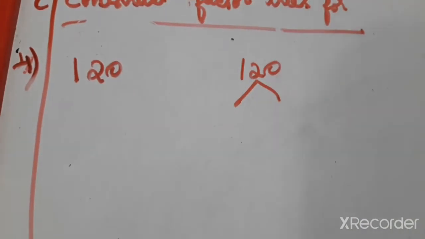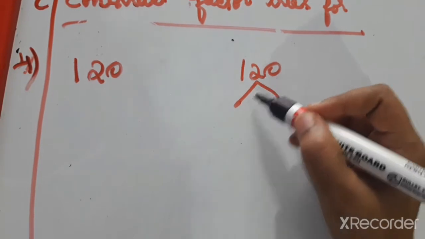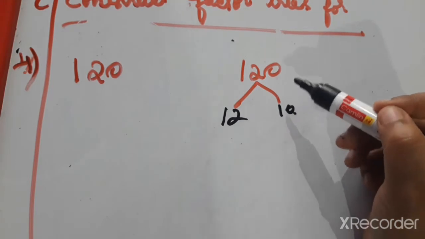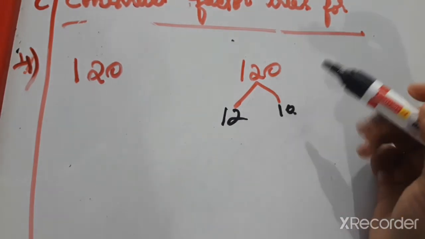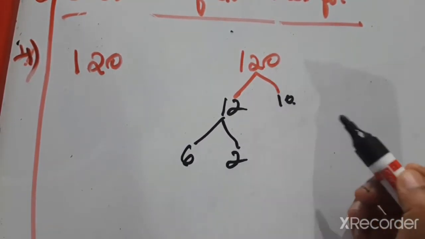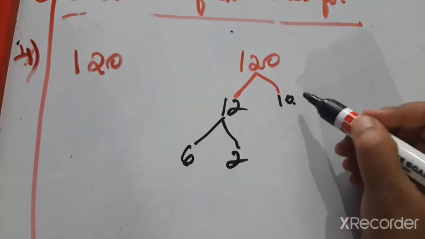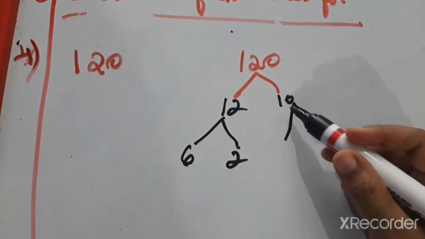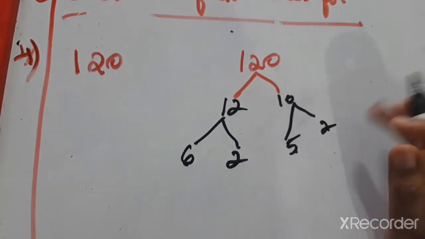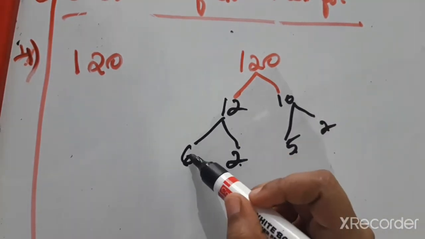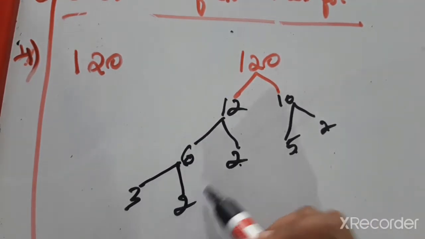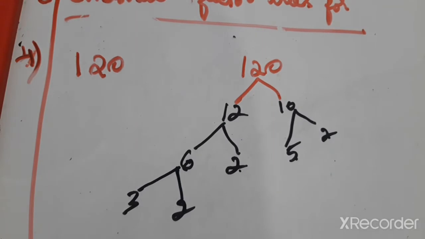Next is 120. We have to find the factors of 120. In which tables? 12 10s are 120. 12 and 10 are factors of 120. Again split the 12. In which table will 12 multiply? 6 2s are 12. Okay, then split this number because it is a composite number. 10: which tables? 5 2s are 10. So 5 is a prime number, 2 is a prime number, you can leave it there. Here 6 and 2: 6 is a composite number, 2 is a prime number. Split 6 now. 3 2s are 6. This is a factor, children. Factor 3.